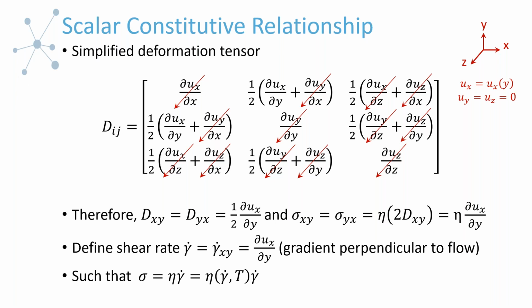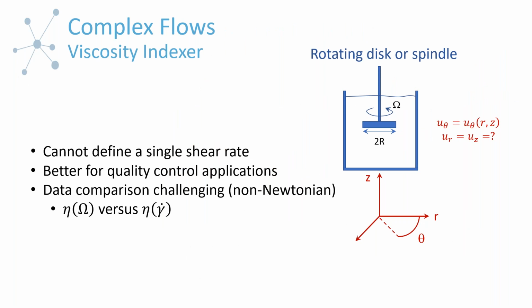But before we get there, I want to first contrast one of the other common types of instruments. We focus a lot on the idea that using a simple flow field is very advantageous, but there are instruments that don't use these, and they have what we'll call a complex flow field. Oftentimes they generate what is referred to as a viscosity index, and so the instrument is often called a viscosity indexer. And here's just a visual example of